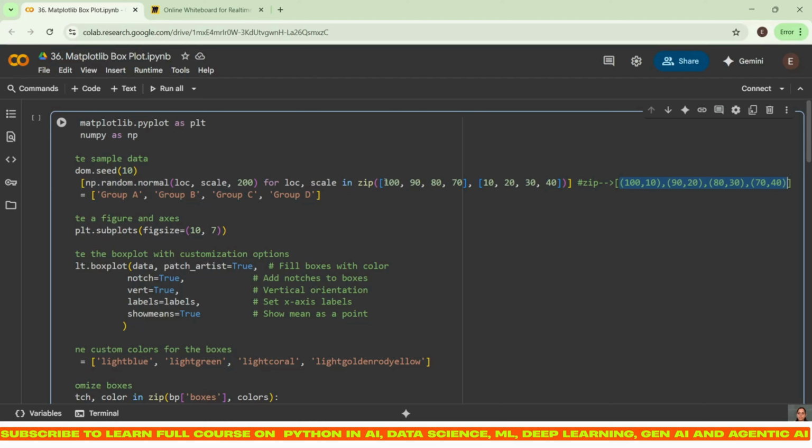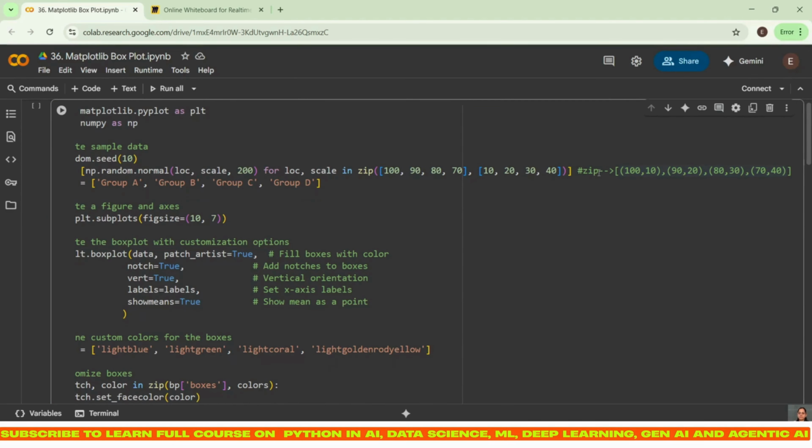So what is the meaning of this? That means the first value is getting coupled with the first value of the next list. Similarly, the second value is going to be coupled with the second value of the second list. Like this, third, fourth. You can see this should be the output if we run this separately. And it is going to create this combination for this loc and scale, and it is going to create for me 200 different labels, right?